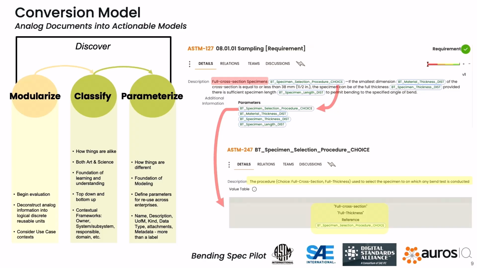So the next thing is to parameterize, and I think steps 1 and 2, modularize and classify, that's where a lot of people have gotten so far. Whether they're using Excel or some other kind of tool, they're modularizing, maybe not perfectly, they're classifying to some extent, but for the most part, they are not parameterizing yet. And this fundamental idea is, you have a paragraph of text, and in that paragraph of text, you can define the things that are variables, whether they are an input variable or an output variable to the requirement or the piece of knowledge that's being modeled.